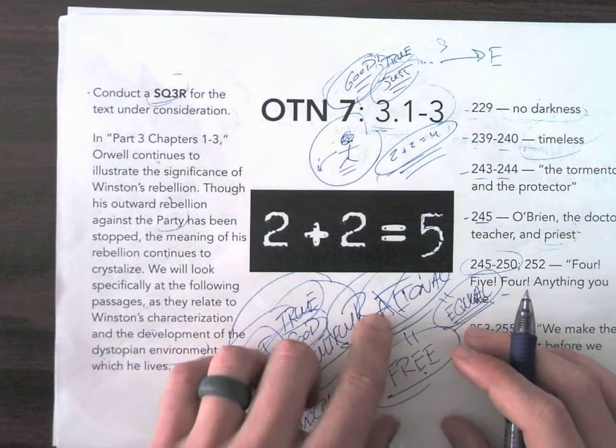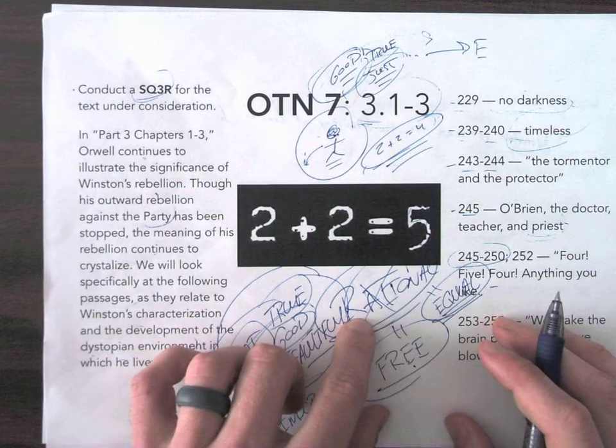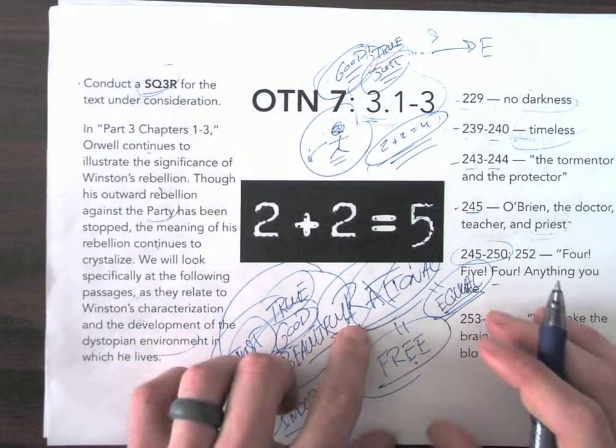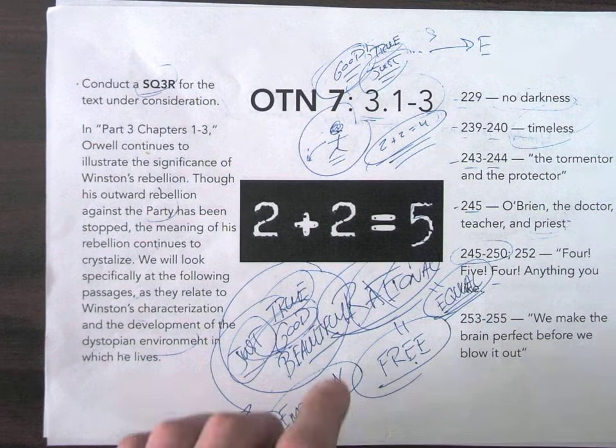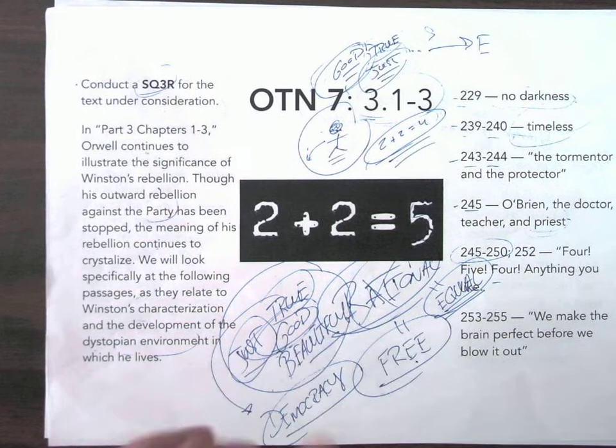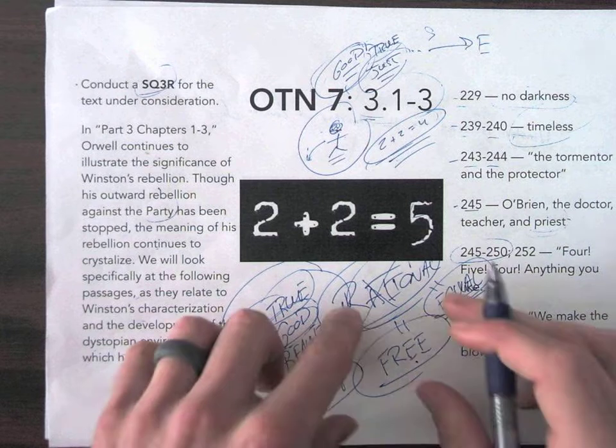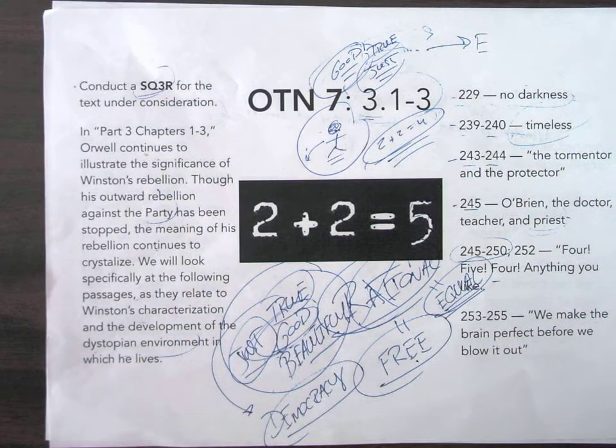belief system based on reason, based on knowledge, reasoned belief systems, right? O'Brien uses the party's philosophy in order to persuade Winston that he's not rational, that he cannot trust his senses. And if he cannot trust his senses, and no human being can, in an ultimate sense, it follows that the only people or the only group that can be trusted is the party. That's what O'Brien argues, right?